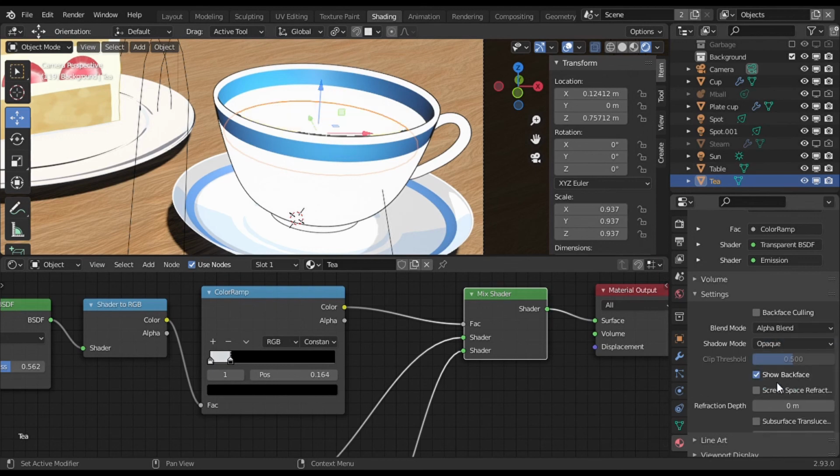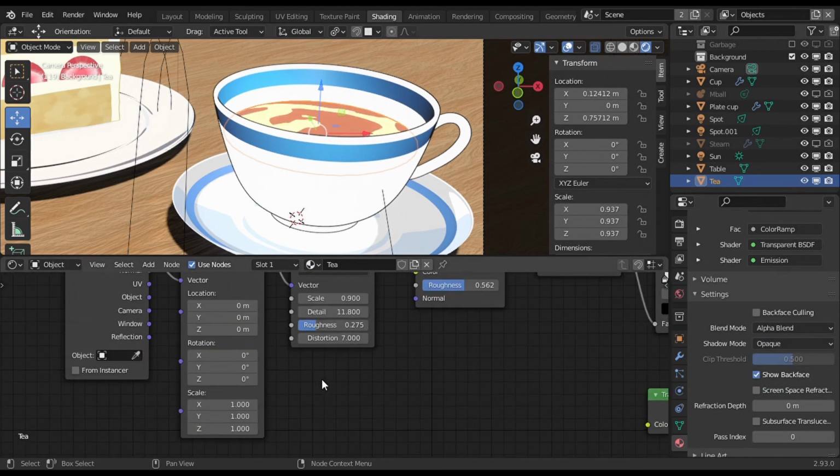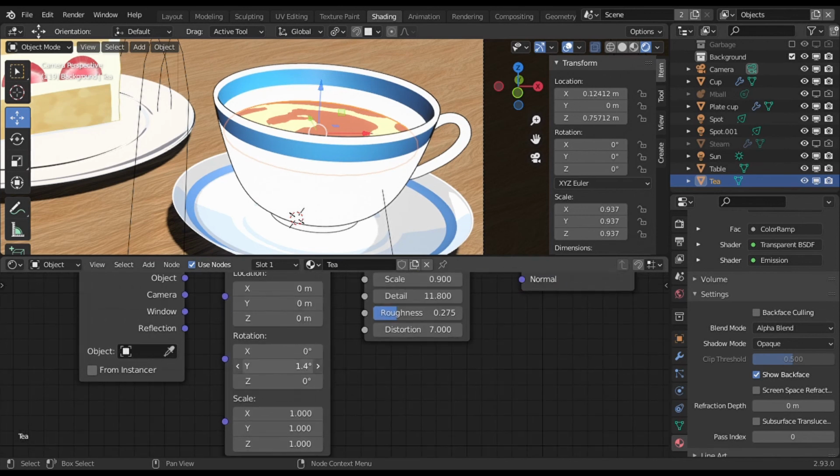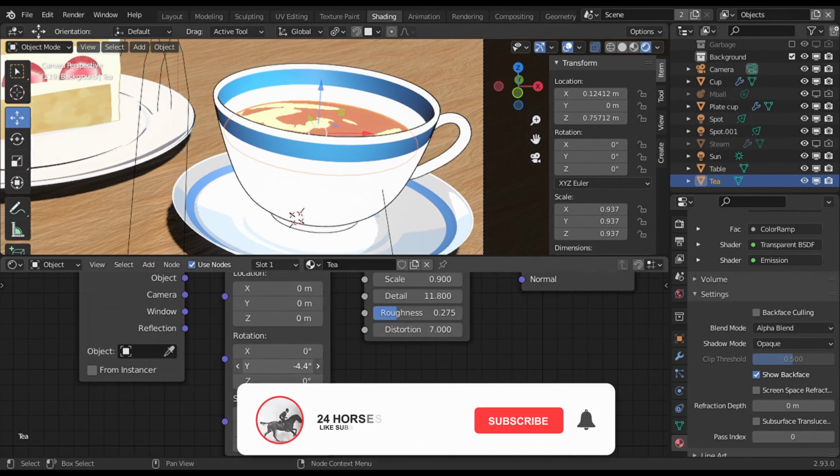And here we have our materials and lighting finished. In the next video, we'll animate the tea using the mapping node and we'll be making the steam and rendering the scene, but that will